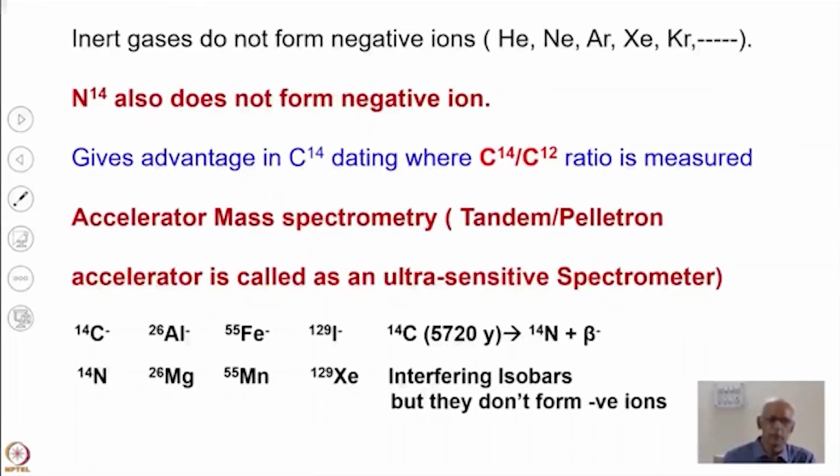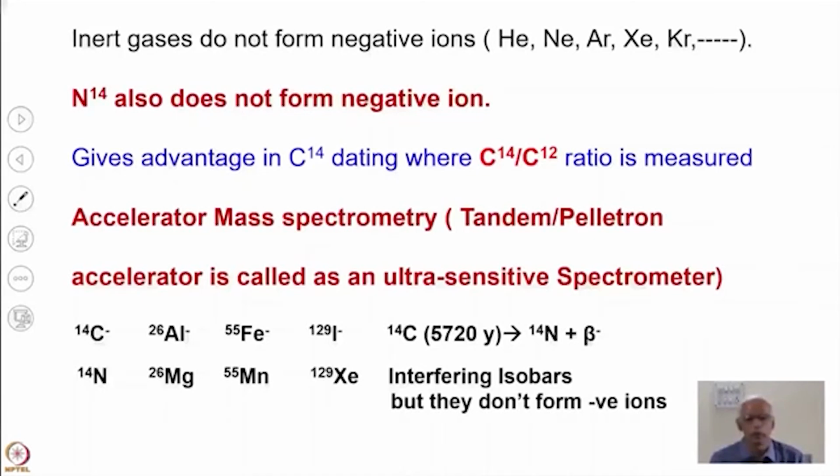Now this negative ion formation in the peloton has a tremendous number of advantages, because there are many atoms which do not form negative ions. All the inert gases do not form negative ions in the ground state, because their outermost orbits are completely full. If you want to form a negative ion, the extra electron which you are putting in has